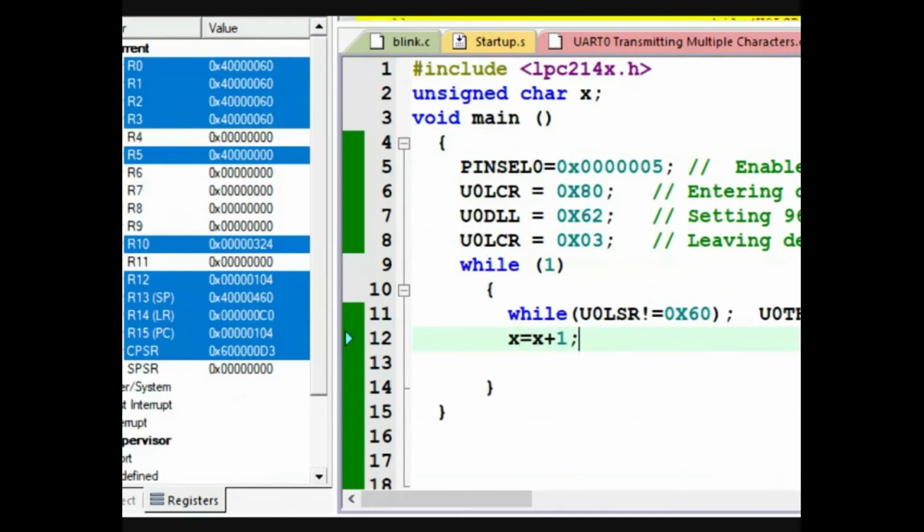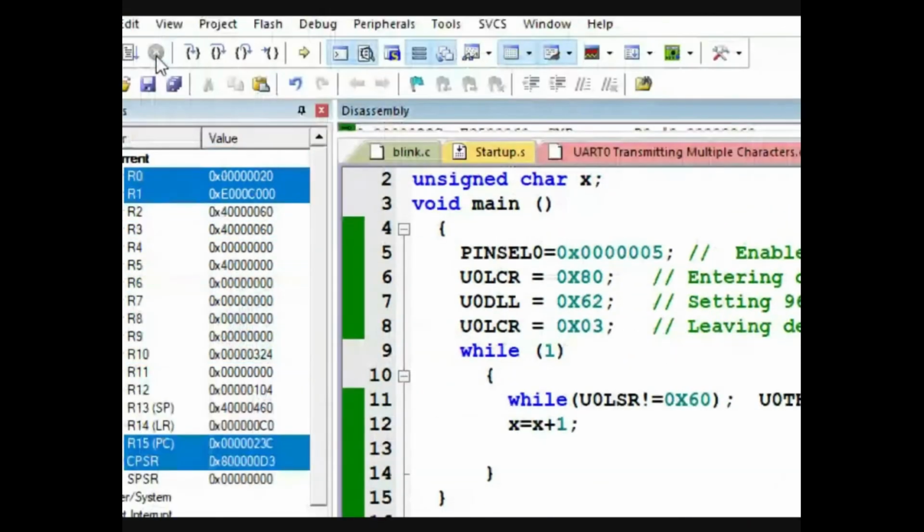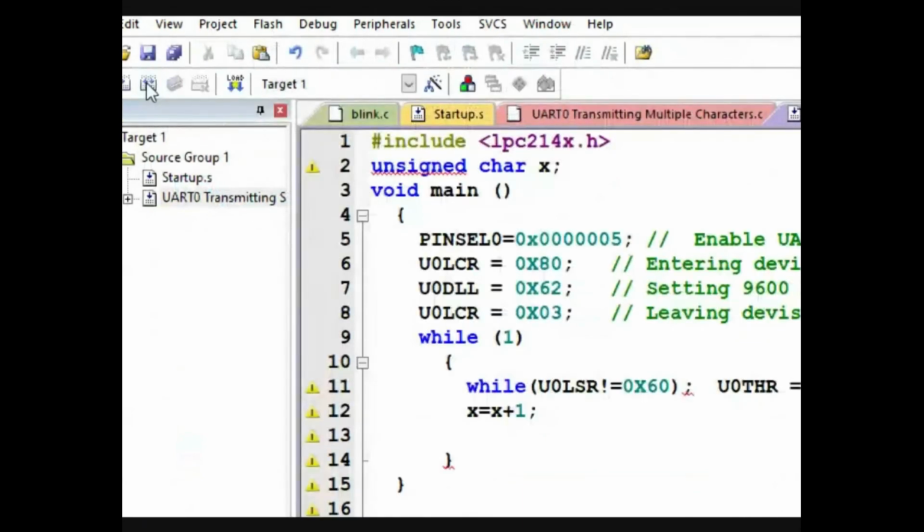Just keep on transmitting this. Let us check whether it is working or not. If it works, then we can see all the ASCII characters on the screen.